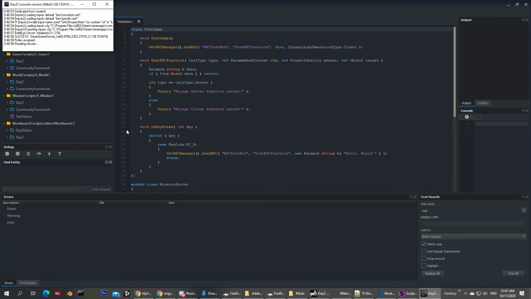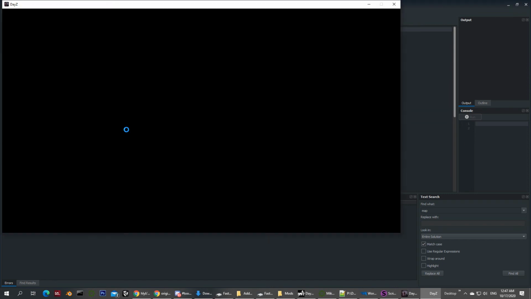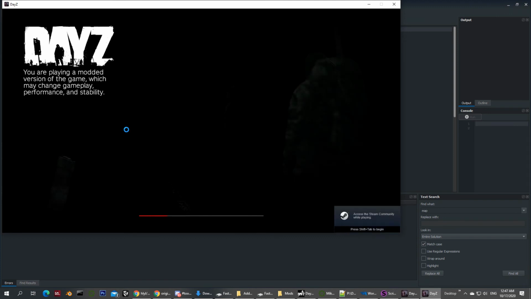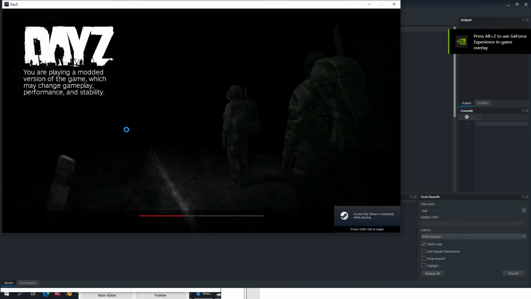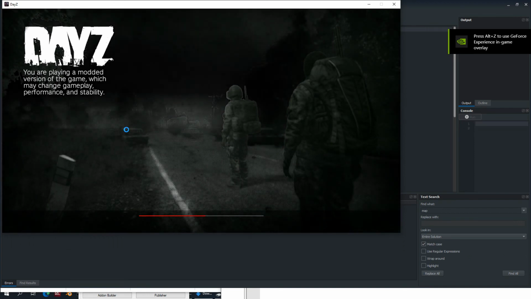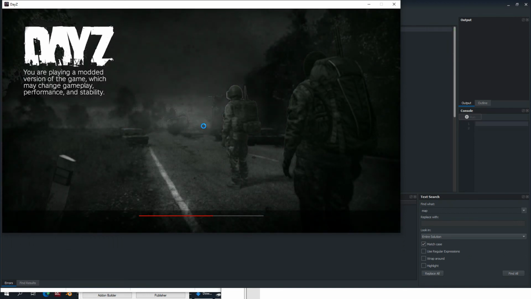Once that is loaded and it has successfully read the mission and the server's up and running, it then starts to launch a client. That's what's happening now. That client is also loaded up with the mod in question, so we can test that it actually works. It takes a little while to start the game, but let's see how it goes.